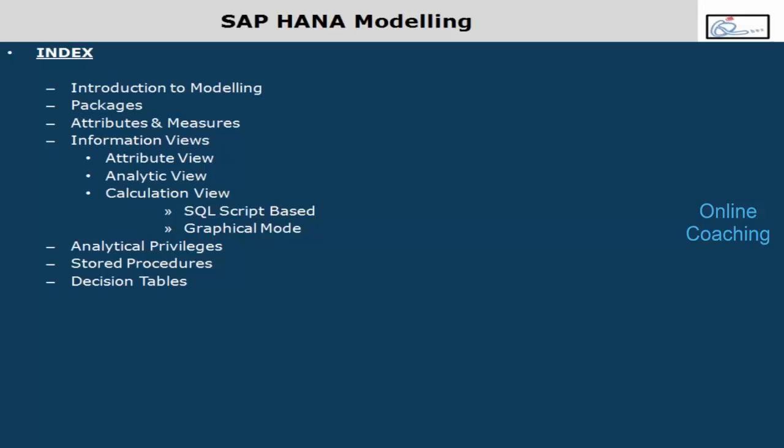See, definitely, I understand. Your question is like this. There are two ways of looking at it. While extracting data from source, you would like to transform all the data in the ETL and bring it to HANA, and then consume it ready for reporting. One more way is, instead of doing transformations in BODS, you would like to do all transformations in HANA modeling, right? See, definitely there will be some situations where, let's say now,